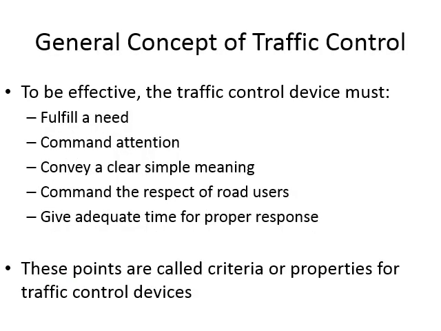Traffic control devices are called effective when they fulfill these criteria. First of all, the traffic control device must be provided to fulfill a need. So you provide them when and where they are required. You will see that on minor streets and local roads there are no speed limit signs because they are not required there. Similarly, you will not find lane markings on one-lane roads because they are not required.